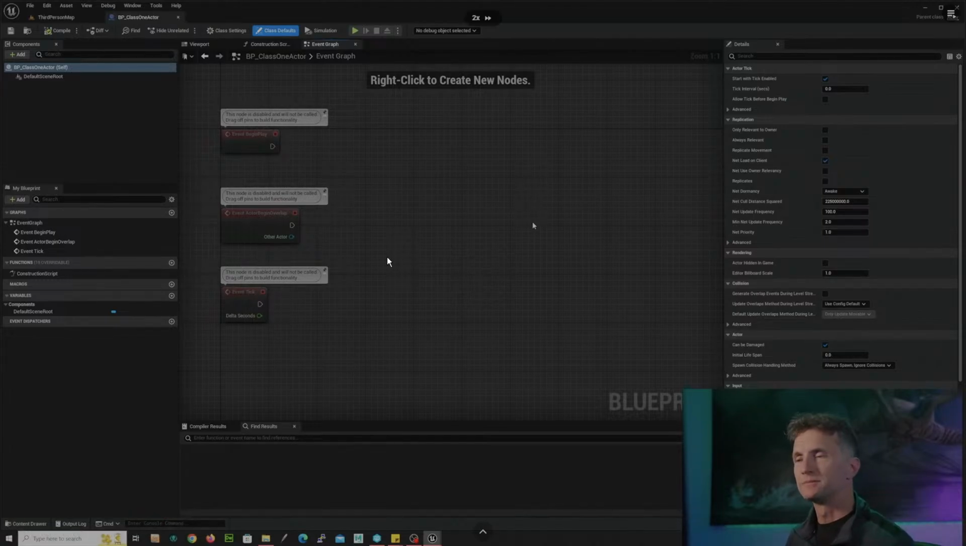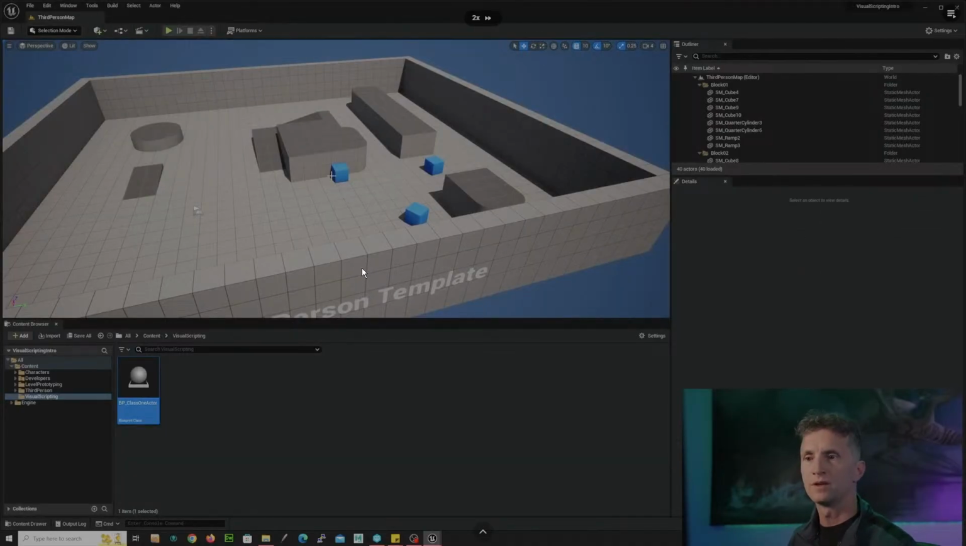Welcome to class. We made it. At this point, whenever we start class, whenever we're working, I'm going to try my best to keep it all within this event graph of the actor that we created. So if you ever need to get back here, if you were to close this, all you would do is in your content browser, when you first open Unreal, you can double click on visual scripting,